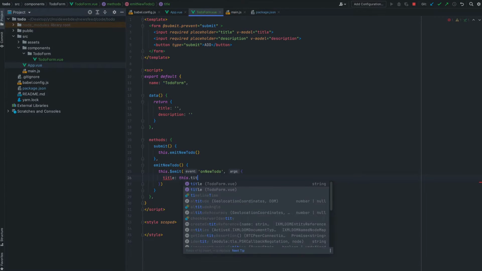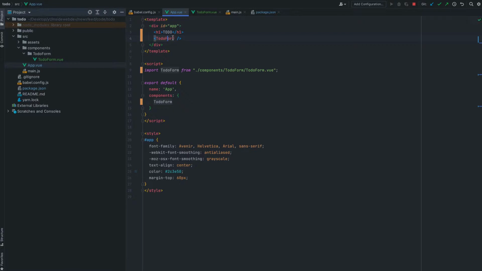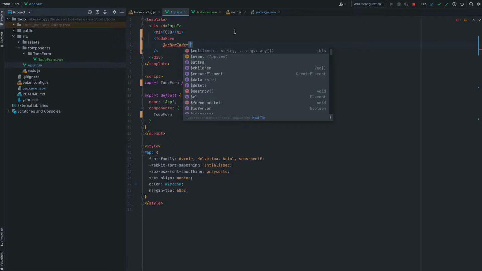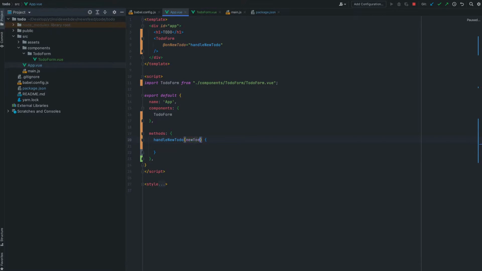So this dot title, and then here description, this dot description. So we've got this on new to do. Now let's just go here in the app, and this is the way that we listen for an event and handle new to do. Now that we've got this, let me just create handle new to do,